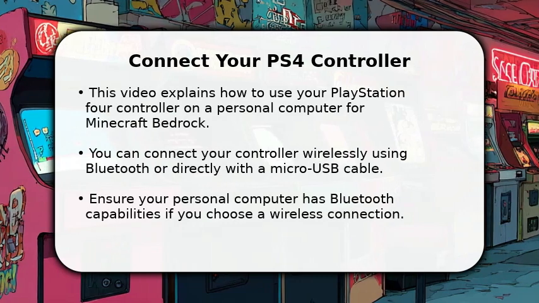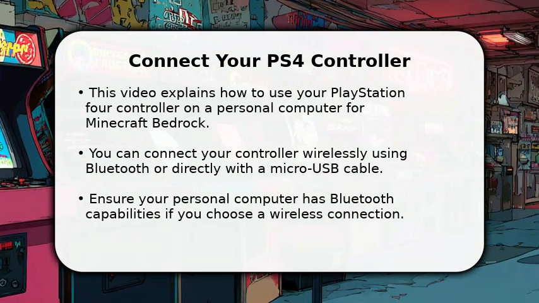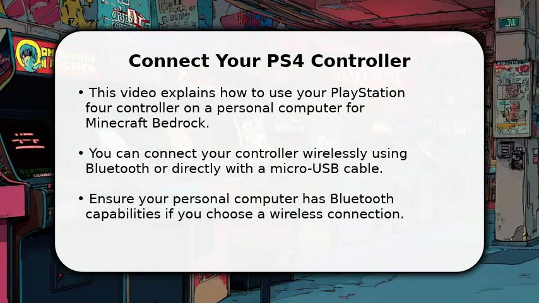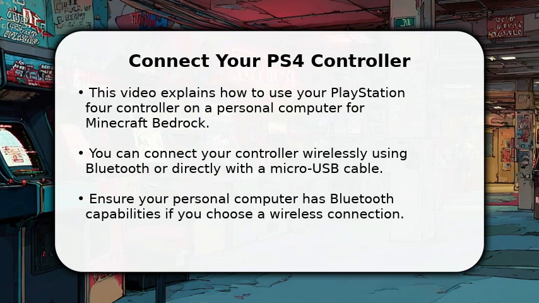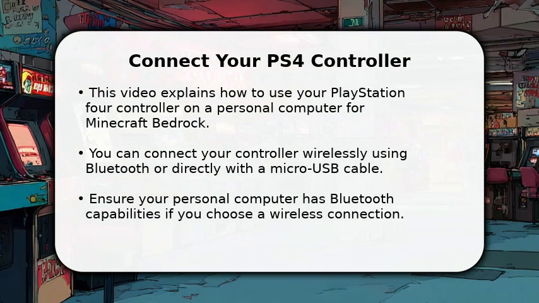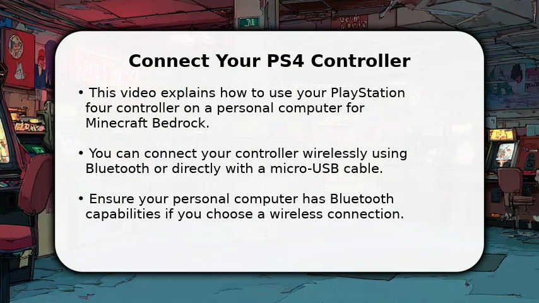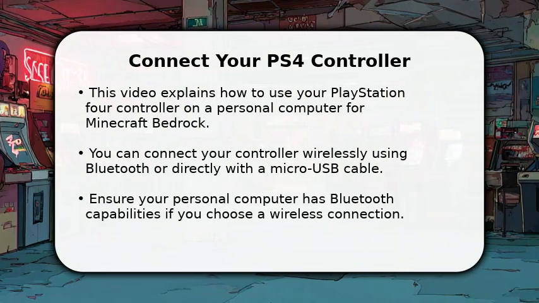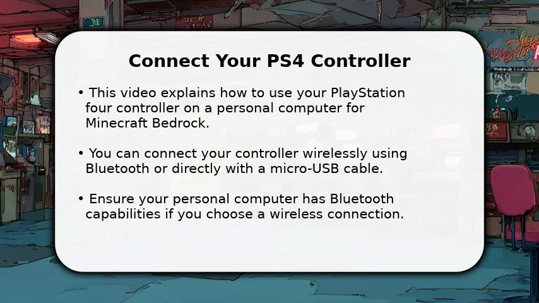In this video, I will show you how to use your PlayStation 4 controller on a personal computer for Minecraft Bedrock. To begin, connect your controller to your personal computer. Use a micro USB cable for a wired connection or activate Bluetooth on both devices for wireless pairing. Make sure your controller is fully charged or plugged in and confirm it appears as a connected device in your